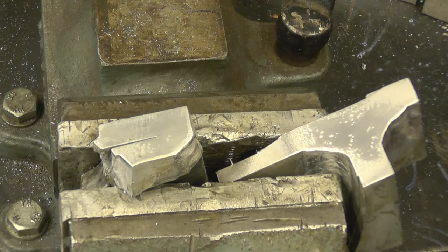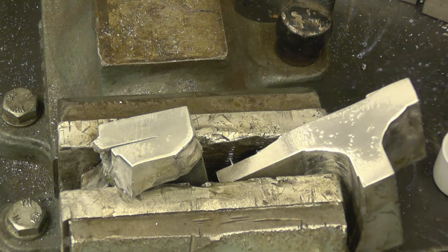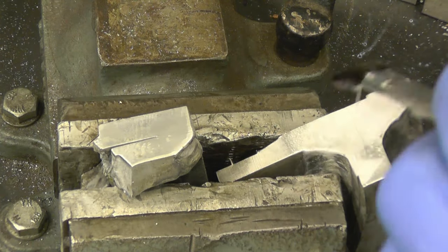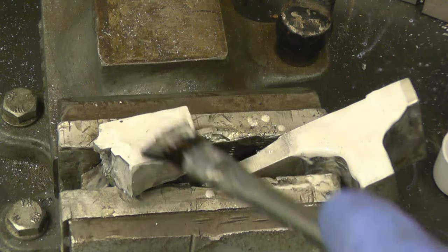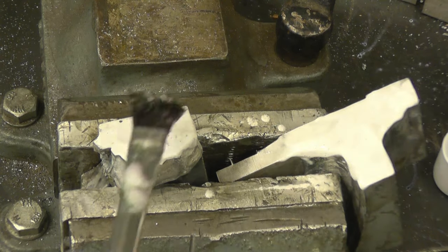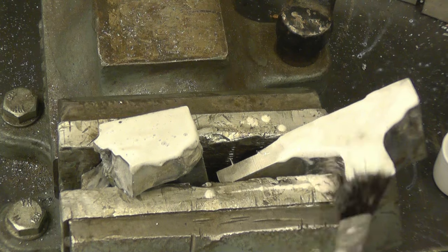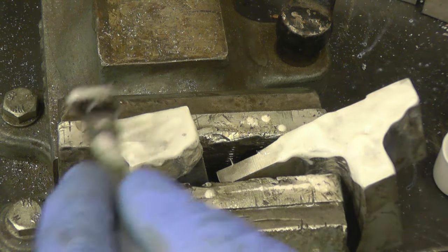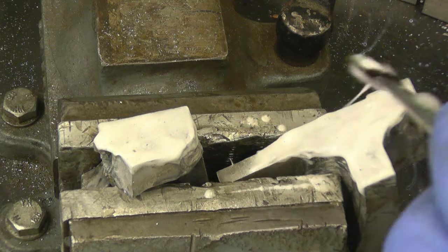Right, next for that chemical treatment, the chemical I'm going to use is an oven cleaner. The active ingredient in the oven cleaner is sodium hydroxide. I'm wearing gloves, the garage is well ventilated and I've got eye protection on. You don't play with these things. So we'll put some of that on and what happens is the sodium hydroxide reacts with the aluminium weld, which is basically a cast metal, in a different way than it will react with the aluminium parent metal, which is probably an extrusion. The grain structure will be totally different and that's why it gives a different effect on the weld metal than it does on